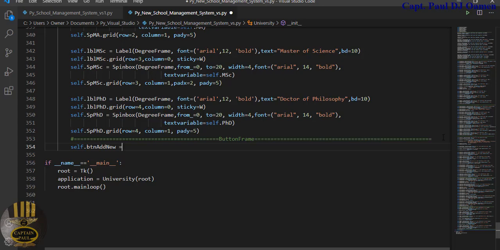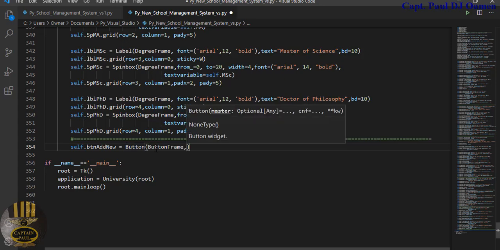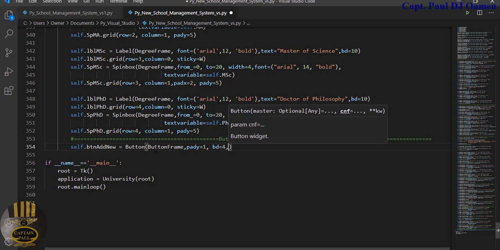So that would be equals Button, and this button is going to be inside a frame called button, comma, get a padded y-axis equals 1, comma, border equals 4, and